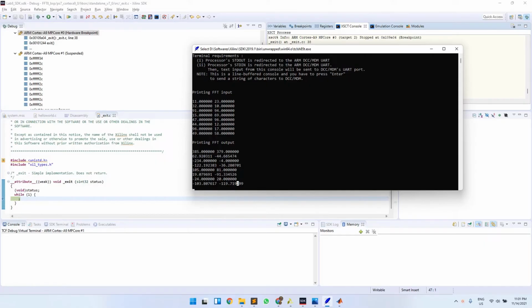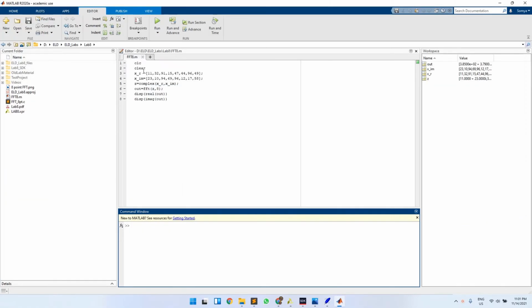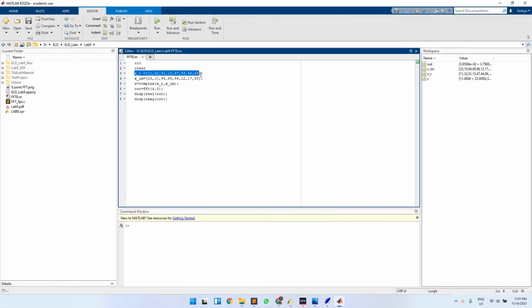Now we will verify these values with the MATLAB output for the same given input. For this verification, we will write a simple small FFT code in MATLAB with inputs initialized with these same values. Here we have initialized the real and imaginary part of the input, and then we are computing the FFT for this particular FFT data, which is represented by the Z variable here. 8 specifies the N-point FFT here, and then we are displaying the real and imaginary part of the output values.